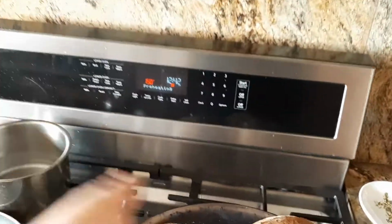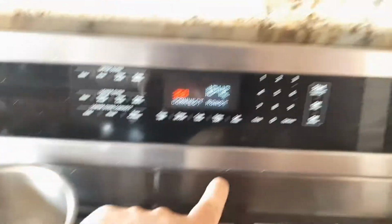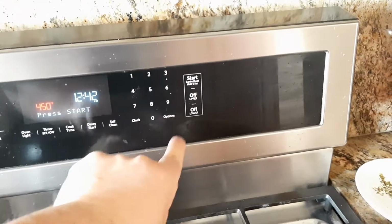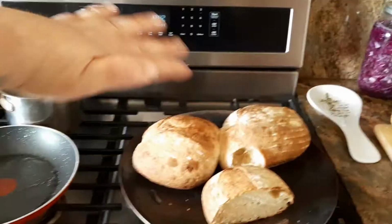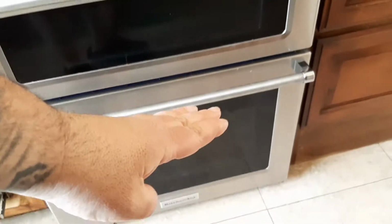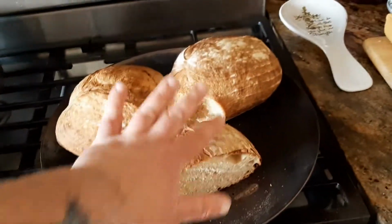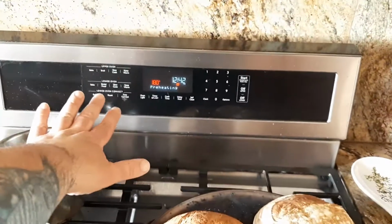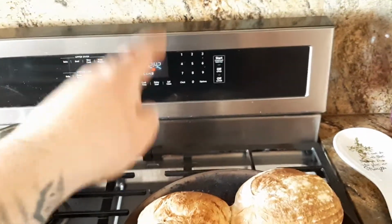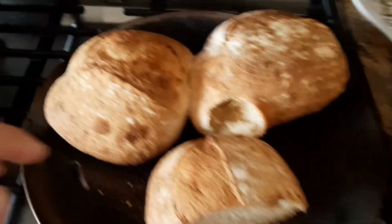What I want to do is reset the settings again. So I'm going to turn it off and then immediately go back to the roast setting, right? Roast, 450 degrees, hit start, and let that go for 5 minutes. What that last roast setting does is I activated the top burner again. So it's top burner, bottom burner. Bread's pretty much cooked through. What this last roast setting at 450 degrees is going to do for me is give me that nice crust, right? So if you listen,